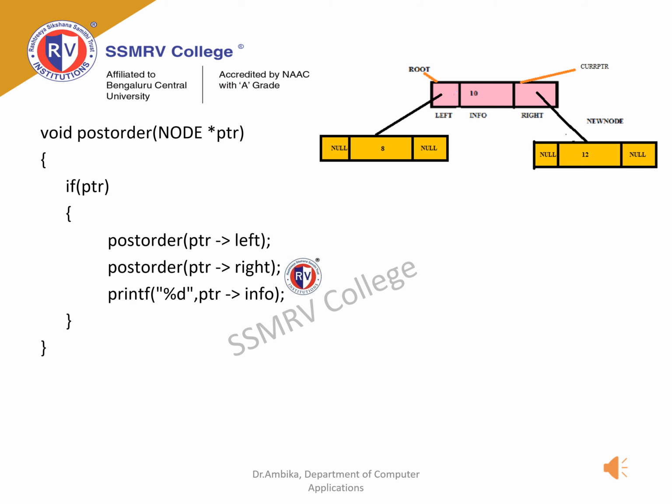When a call is made to the post-order function, PTR is passed as a parameter that points to the root of the BST. As the if statement becomes true, post-order is called, to which the left subtree is passed as a parameter. As a result, 8 is displayed. Again, the post order is called, to which the right subtree is passed as a parameter and 12 is displayed. This is followed by the display of 10.